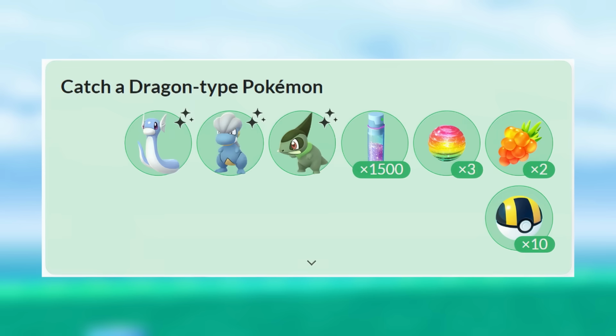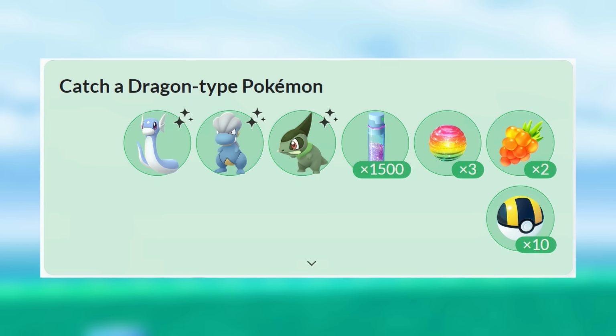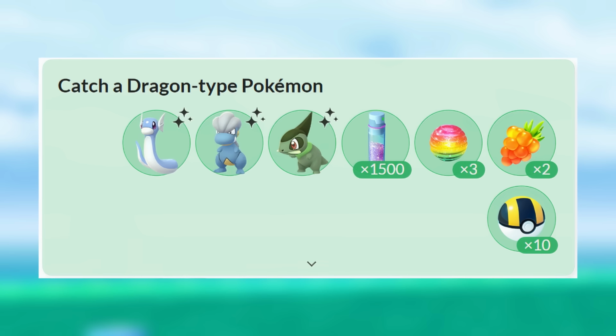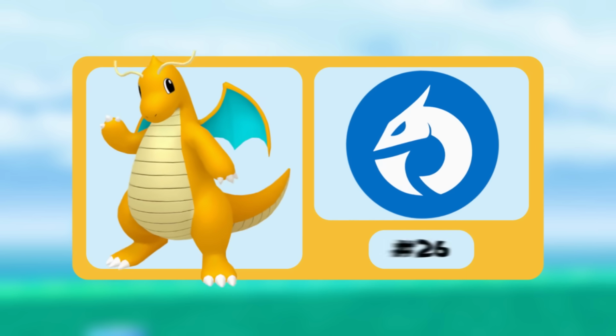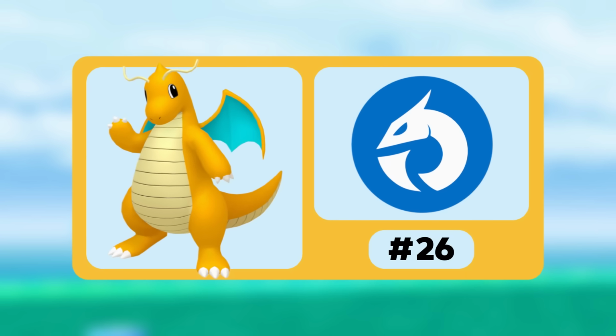The task that requires you to catch a dragon type Pokemon is a little bit more challenging, but it does offer these items or encounters with Dratini, Bagon, or Axew. This one could be pretty tricky with dragon types being rarer spawns in the game, but the rewards are actually pretty good. Dratini is a solid encounter with Dragonite being a decent budget dragon type raid attacker with Dragon Tail